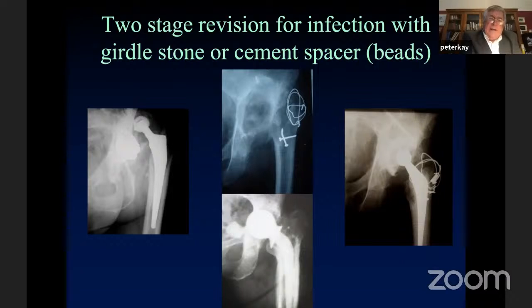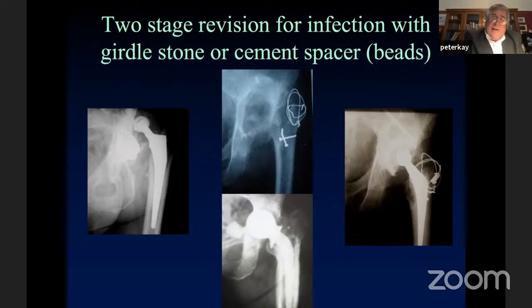And my other one is when I'm doing one-stage revision, I much prefer to do that if I can get away with using primary implants. I wouldn't suggest you did one-stage revision if you're going to have to use very long implants, or say massive extended trochanteric osteotomies, where you really risk perhaps infecting the bone, the larger sections of the bone.